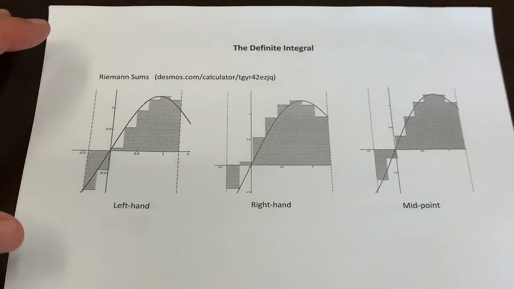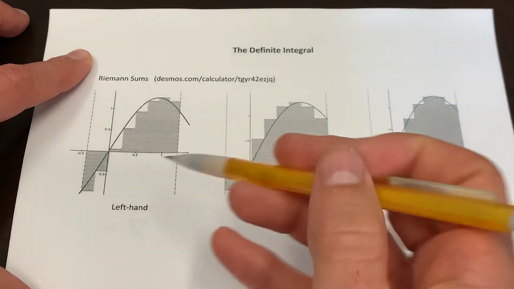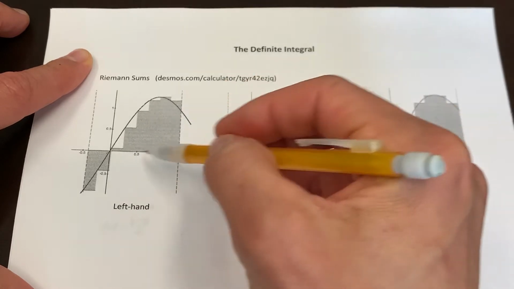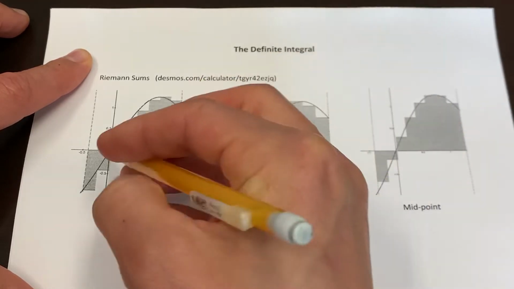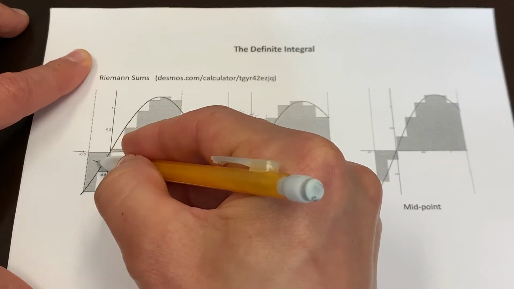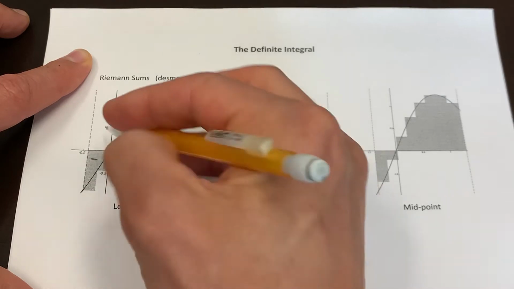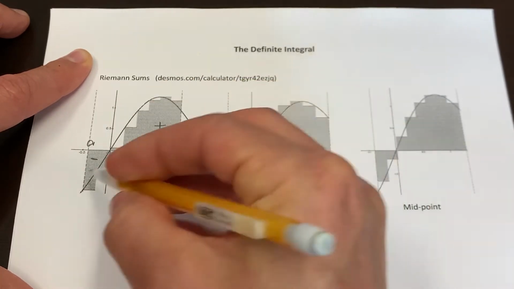Let's chat about the definite integral. We're going to start out looking at Riemann sums, which is an approximation of the signed area under the curve. If the curve is above the x-axis, we count that area as positive. We're trying for the whole area. And if it's below the axis, we count that as negative, okay? This is approximating the area from this dashed line A to this dashed line B and the signed area under